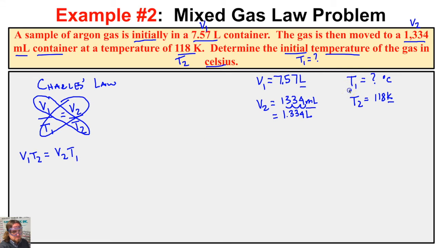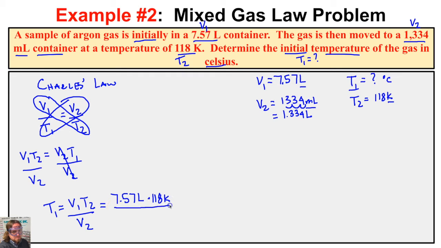And now we're trying to figure out what T1 is. So we need to divide both sides by V2 here. And so take a look. T1 is going to equal V1 times T2 all over V2. And so what is V1 in this problem? It's 7.57 liters times T2, which is 118 K. And we're going to divide this by V2, which is 1.334